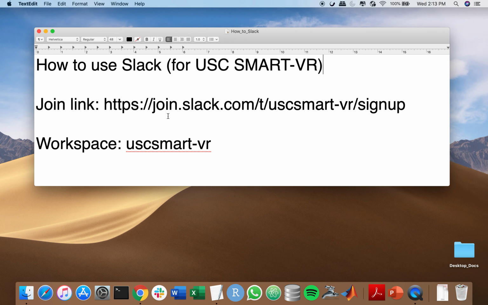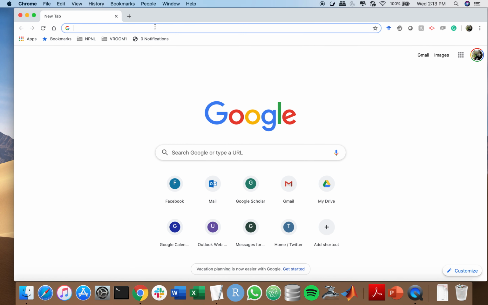the same steps. So the first two things you'll need are the join link, which somebody should have sent you, or you could see right here, and the name of the workspace, which actually is just this part of the link. So our workspace is called USC Smart-VR, and that's basically the name of the chat room that we're going to be in. So the first thing you can do is just copy this and put it into your internet